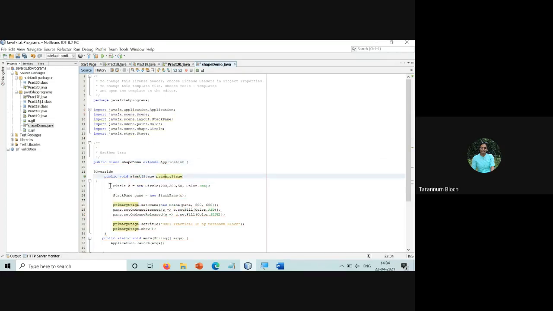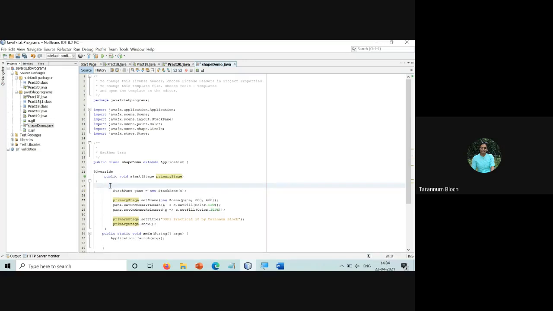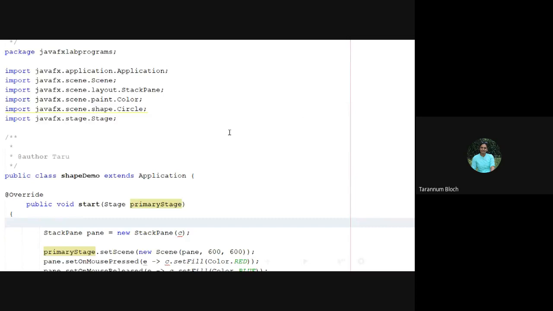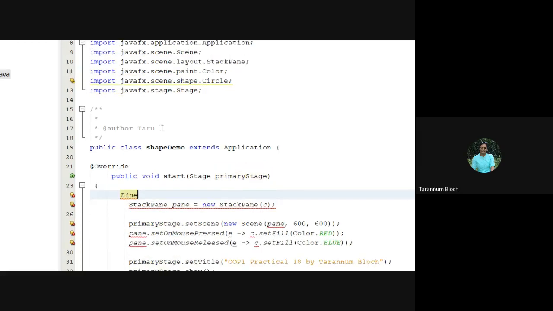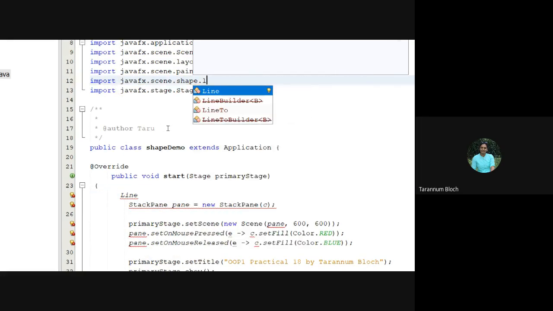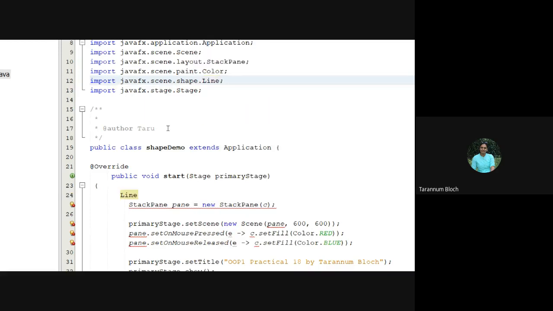Okay. Now instead of circle, what I want is line. So I'll say line instead of circle. I have to just import the shape dot Line. And I'll say Line L is equal to new Line, and I'll give starting x and y.